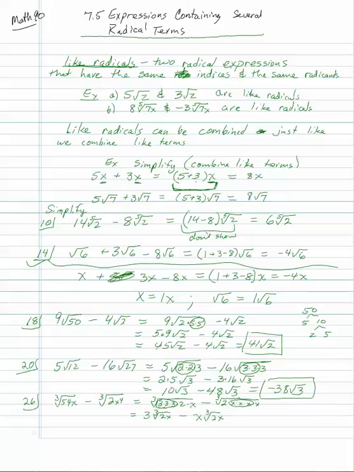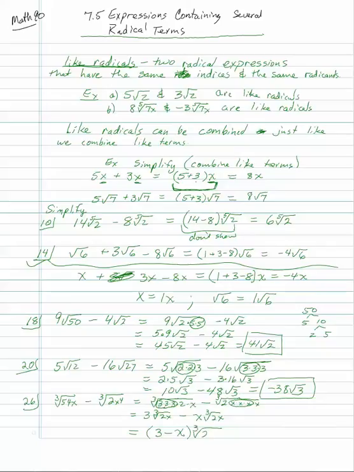And notice that if we're just concerned about radical terms, technically these are like radicals because all we care about is the radical. The indices are the same, they're both cube roots, and the radicand's the same, they both have 2x. So we're going to do that factoring technique where we subtract the 3 minus x